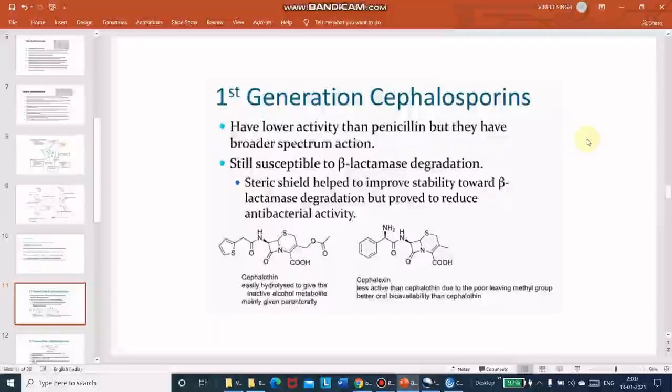क्या होगा इनकी पेनिसिलिन, बट दे हैव ब्रॉडर स्पेक्ट्रम, इनकी जो ब्रॉडर स्पेक्ट्रम हो जाता है कि ज़्यादा बैक्टीरिया को कवर करते हैं किल में, और ये बीटा लैक्टोमेज एंजाइम के थ्रू डिग्रेड हो जाते हैं। The steric shield helps to improve stability toward beta lactamase degradation but proves to reduce antibiotic activity। इसका स्टेरिक एक्शन या स्टेरिक केमिस्ट्री इज डिफरेंट। सो ये कंप्लीटली डिग्रेडेशन नहीं होता है, लेकिन फिर भी इनका एक्टिविटी लॉस तो हो ही जाता है।